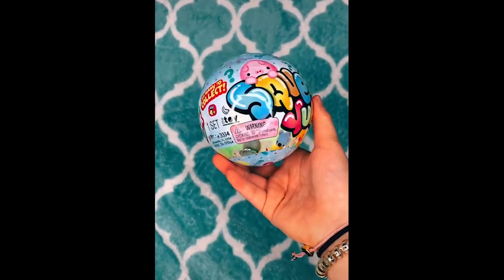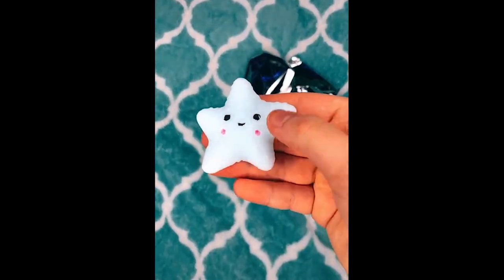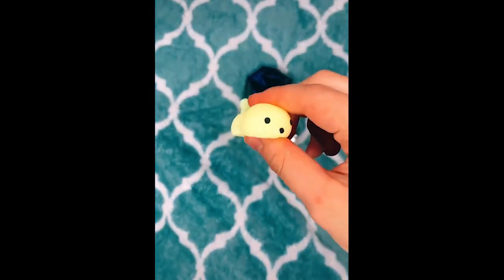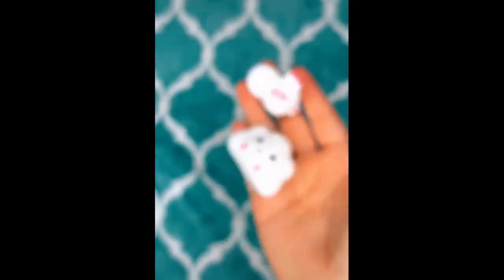Lastly, I'm going to open up this 5-pack of mochis. The first mochi, this really cute blue starfish. Second bag, yellow seal. Third, pink fish. And the last two, dragon and...